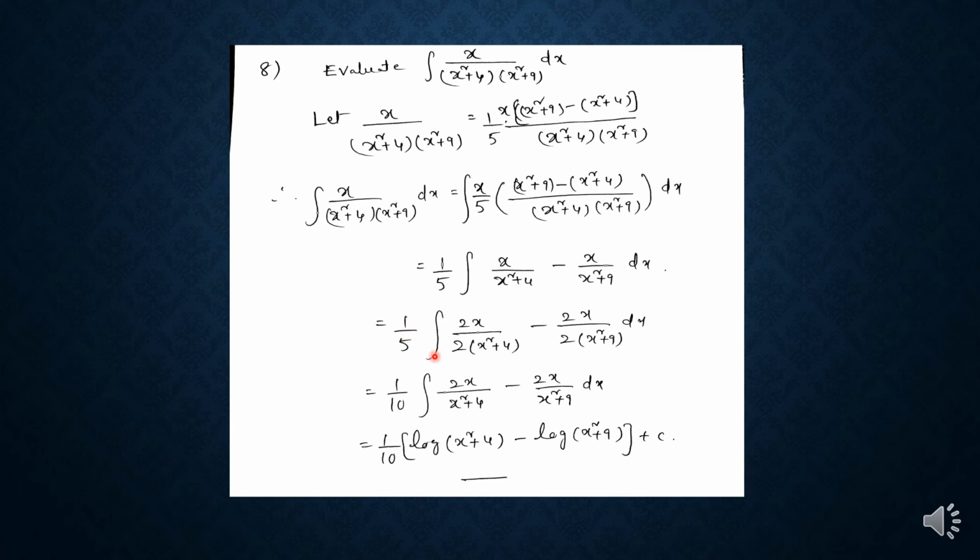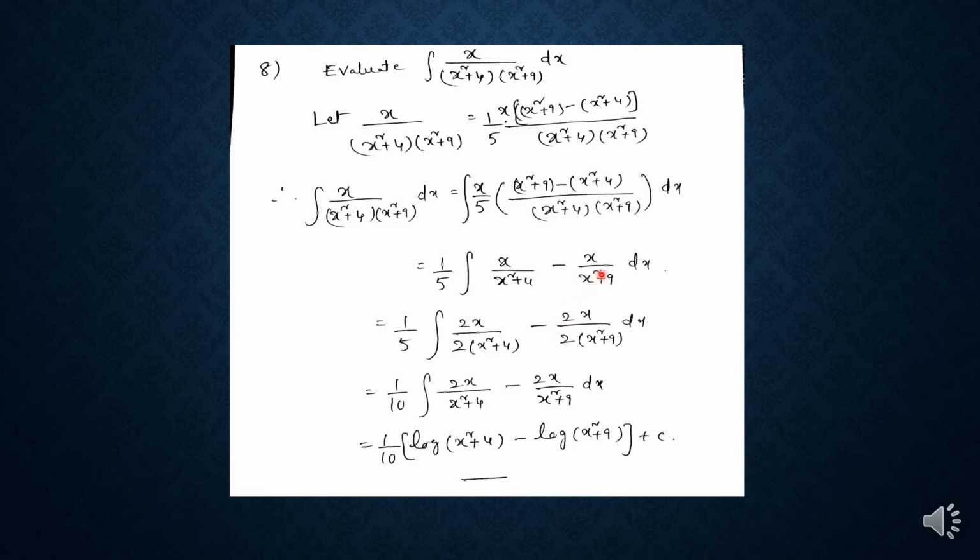So that is equal to 1 by 5 into integral x by x square plus 4 dx. To integrate this function, check whether it is in the form of f dash x by f x. So f x is x square plus 4, f dash x we will get 2x, but we have only x. For that, multiply and divide the numerator by 2. Then we will get 2x by 2 into x square plus 4 dx. That is 1 by 5 into 2, that is 1 by 10 into 2x by x square plus 4 dx, which is in the form of integral f dash x by f of x dx, which is equal to log of x square plus 4,